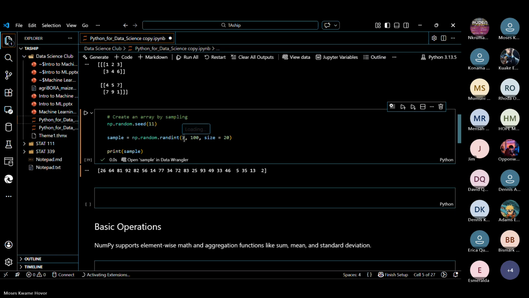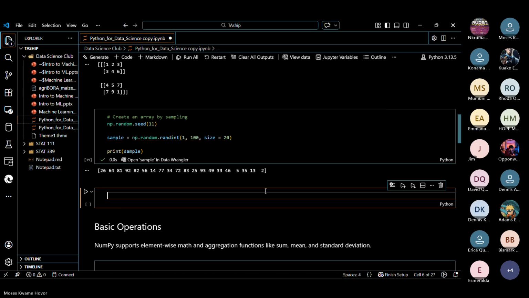So the number in the bracket doesn't mean anything, it's just the 11 you put in. That means I can put in any number, and I'll still get the same answer. Yes, you can put in any number.